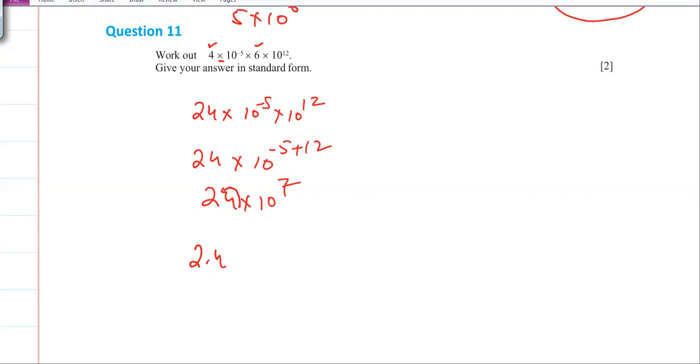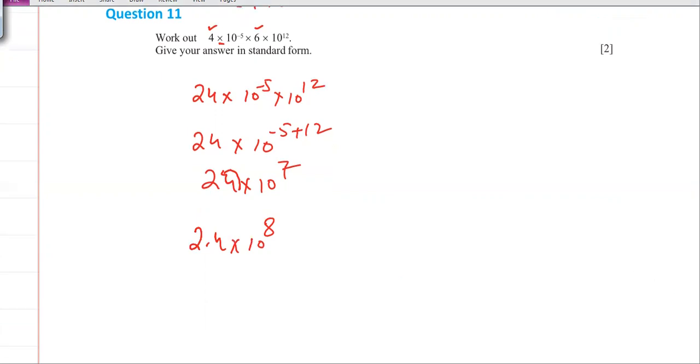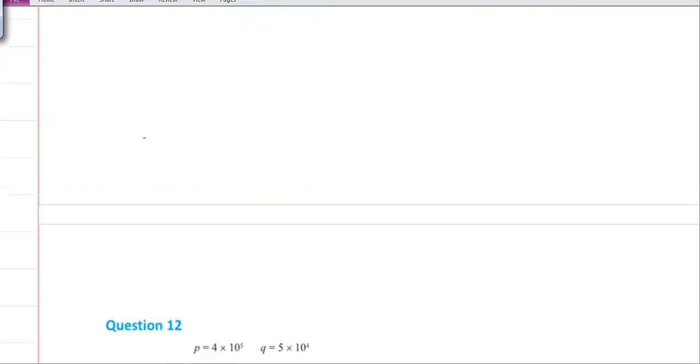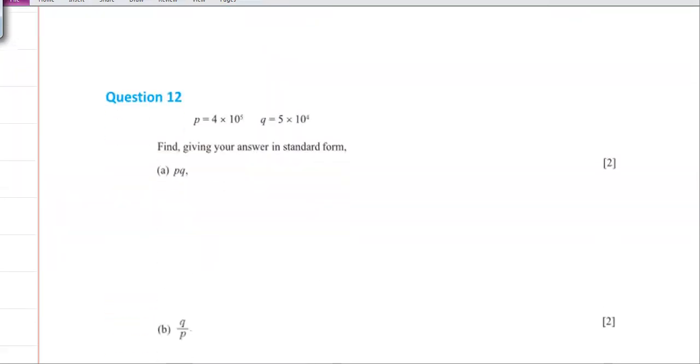Now you are shifting your decimal to this side, so obviously the power of 10 will increase. There are 7 powers already, so one more power will add, and it will become 8 now. The detailed lesson for the standard form is available in the playlist. I will recommend everyone to go and watch the detailed lesson of that one. Still, in case of a problem, let me know. That's why I'm uploading these videos in the form of a playlist, so everything will be available to you.